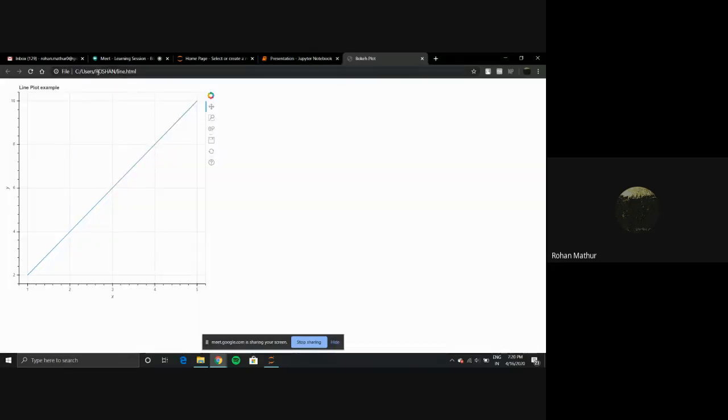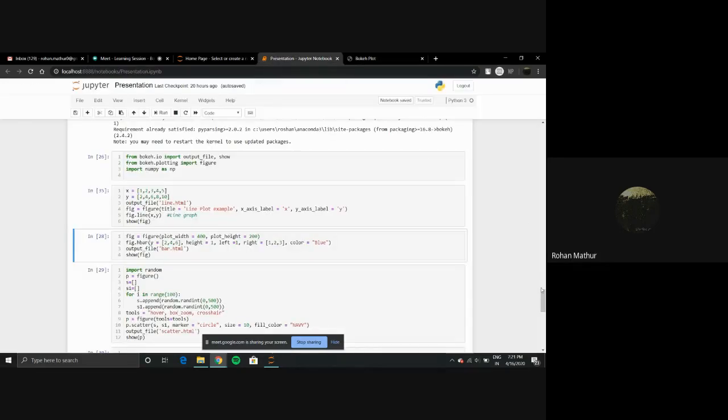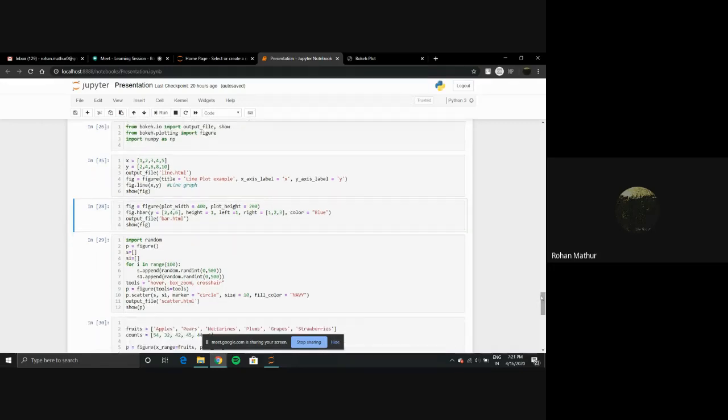As you can see, this is stored locally on my computer. So this is a basic line plot. I'll be going through the tools on the right of the graph in the next few graphs. So that is one example for a line graph.